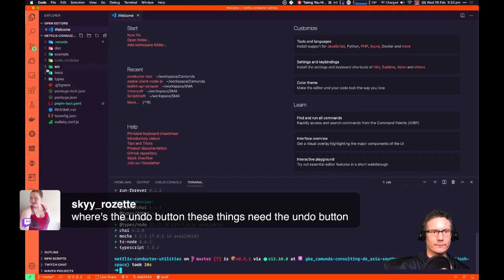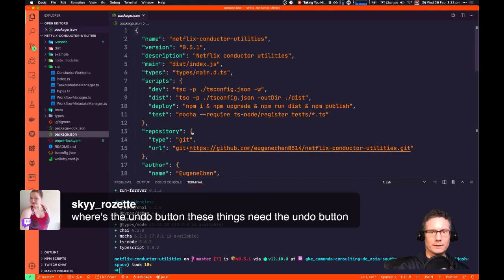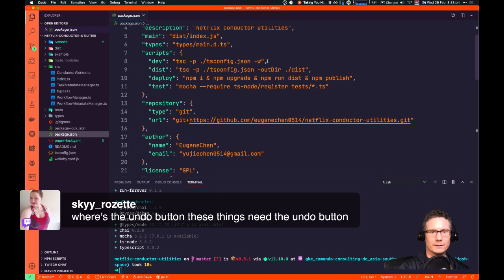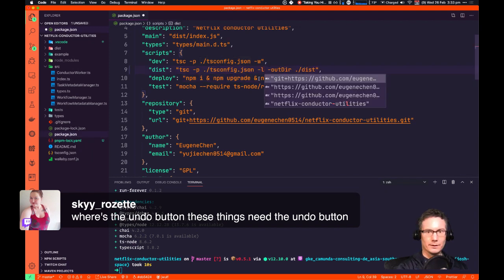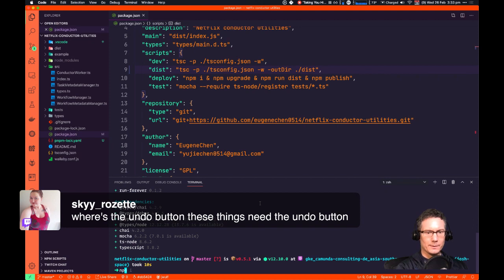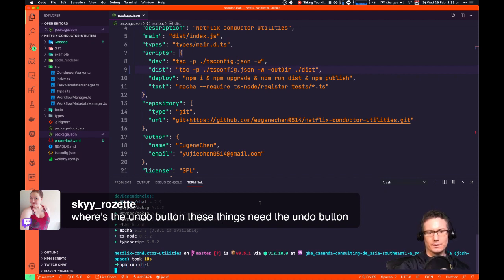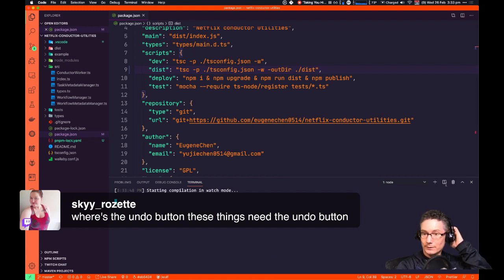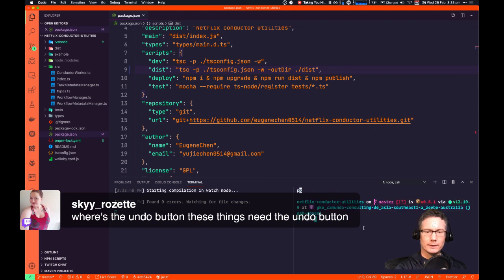Okay, it's all installed. Package.json, how do they build it? tsc dist. Okay, I'm just going to do this. So if I go npm run dist, switch to this side, npm link, what?